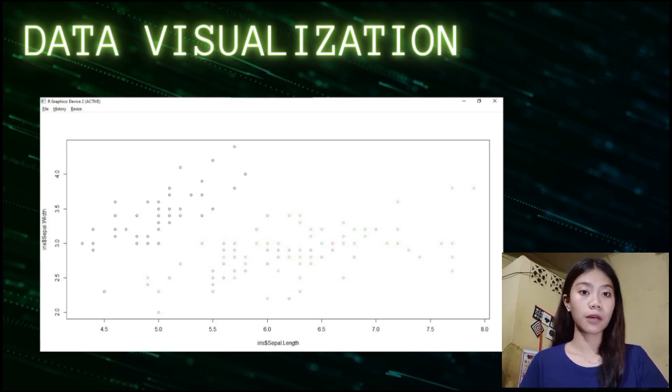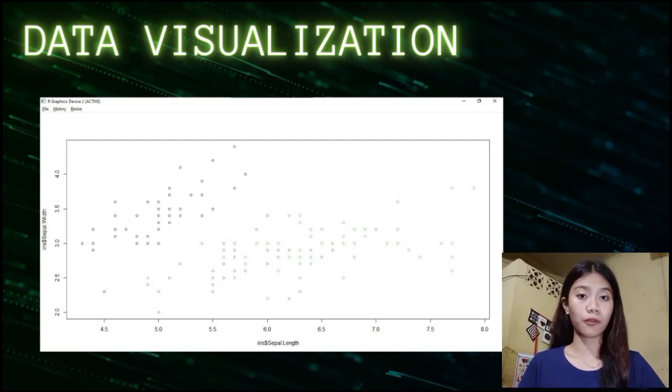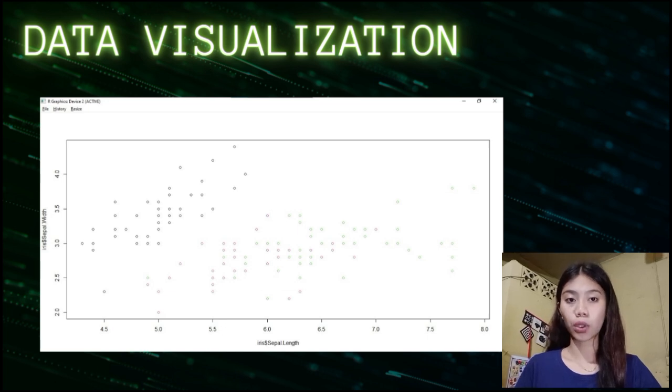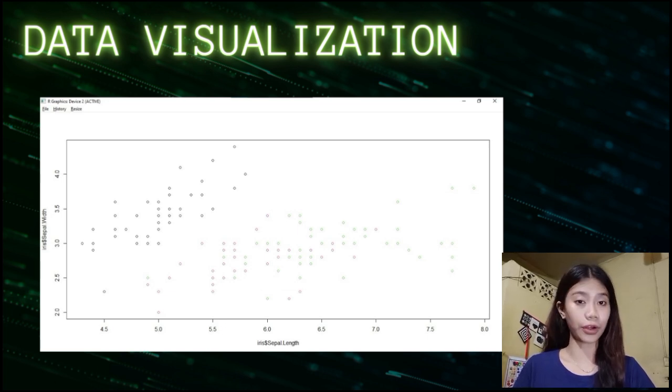It shows that flowers with shorter sepal length and wider sepals, toward the top left, are mostly Setosa. Versicolor and virginica tend to have longer sepal length but slightly narrower sepals, forming a more spread out cluster toward the right. There's a negative trend: as sepal length increases, sepal width tends to decrease slightly. In short, this scatter plot focuses only on the relationship between sepal length and sepal width. It clearly shows that Setosa flowers are smaller but wider, while virginica flowers are longer and slimmer.